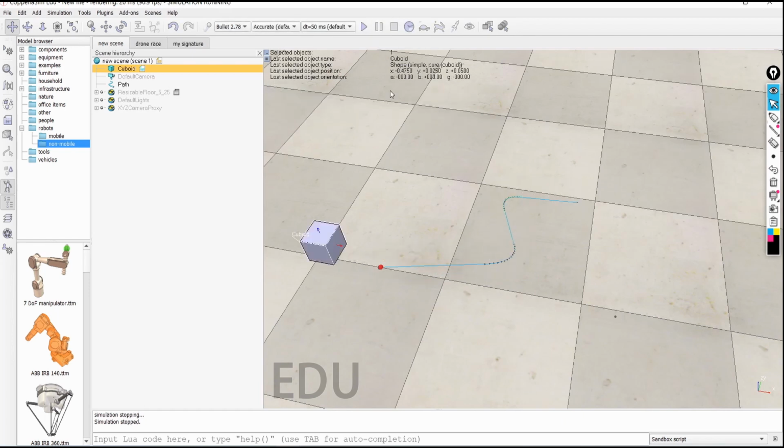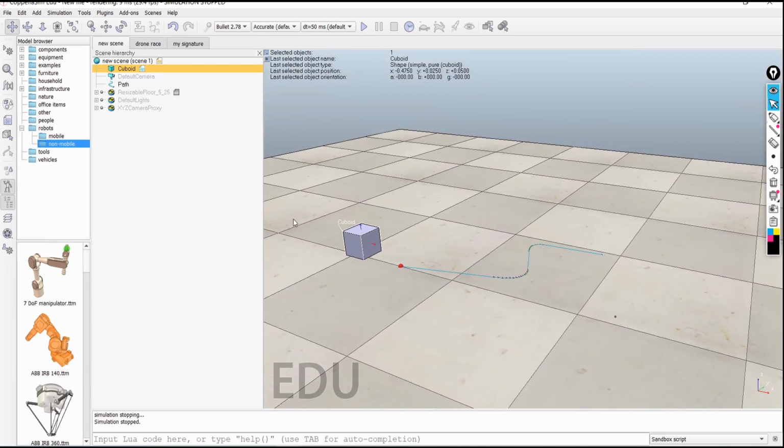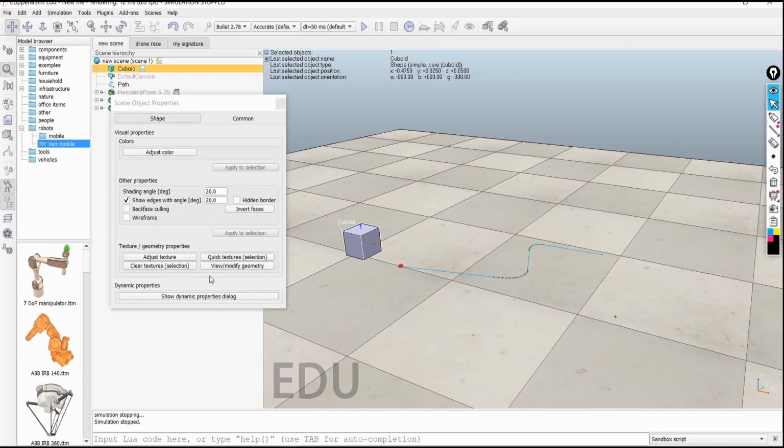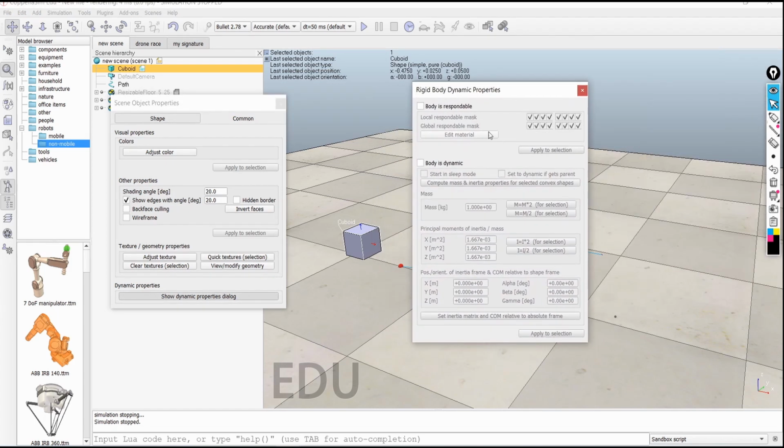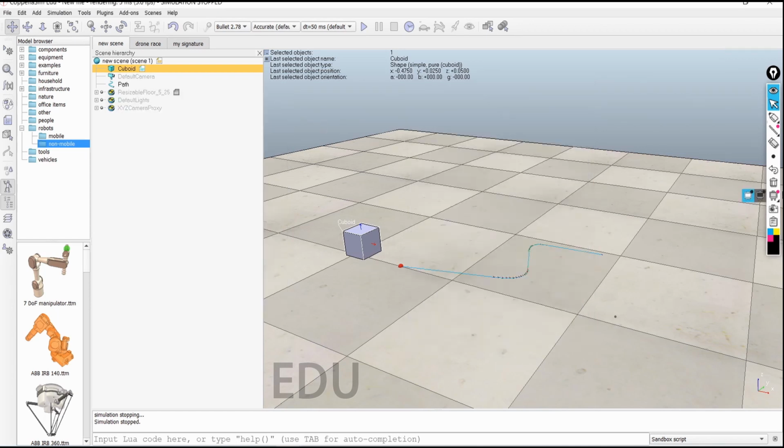So when you want to make a real object follow the path, one thing you have to make sure is that you go to the dynamic properties and remove this, because if it is responding, it will react.